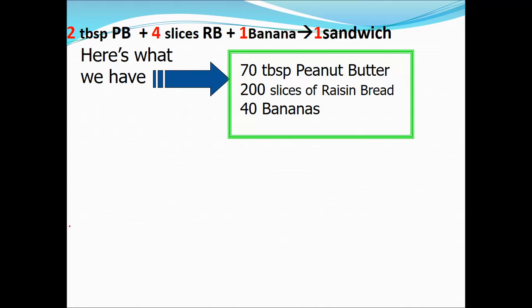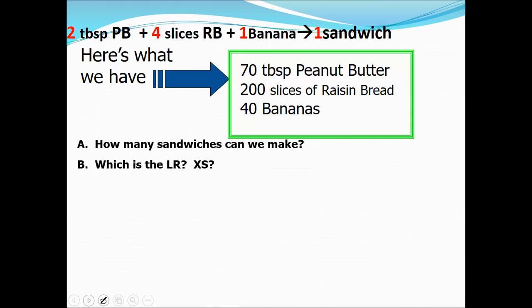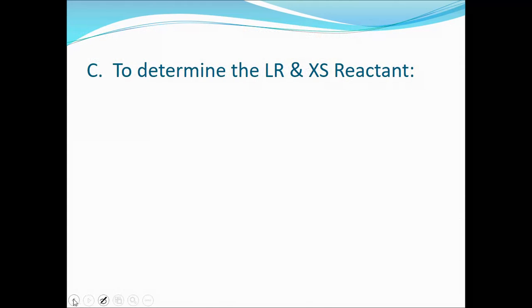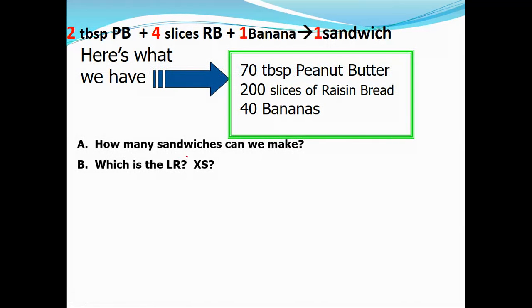So let's think about how we could figure out how many sandwiches we can make and which reactant is the limiting reactant. Let's just think about that. All right, so to do this, what you want to do is take your ingredients and convert them all to the same product. So let's figure out how many sandwiches we can make. So we're going to take our givens or our ingredients, 70